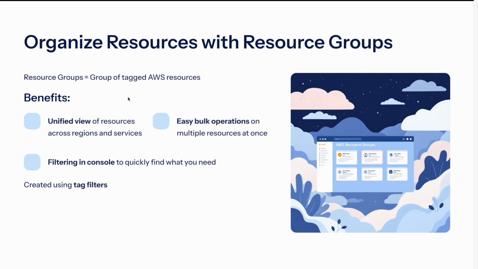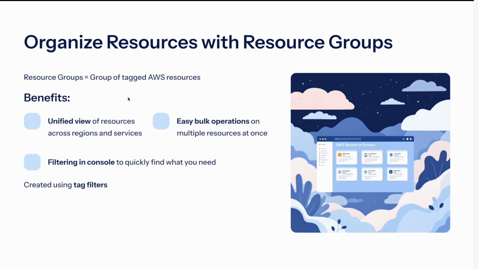Now here is where it gets even more interesting. Resource groups. With resource groups, you can group AWS resources based on tags. This lets you view all related resources in one place, perform bulk actions, and use it for filtered views in the AWS console. It's especially helpful in large accounts with hundreds of resources. So let me now show you a live demo where we will tag some EC2 instances and create a resource